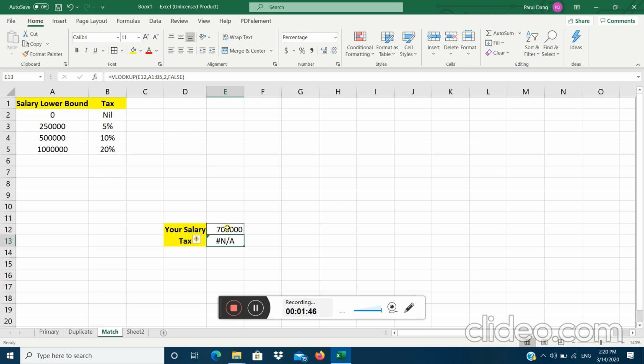It means that the fourth argument false means the value should exist in the table. It returns the exact match. It doesn't return the approximate match. So if the lookup value is not within the table, it will return nothing. But